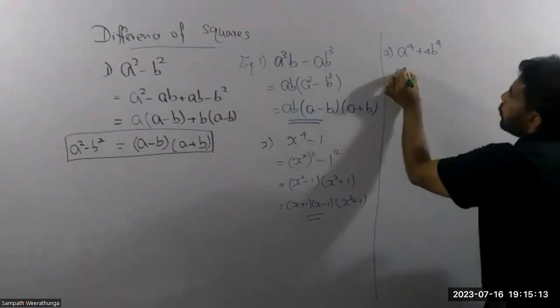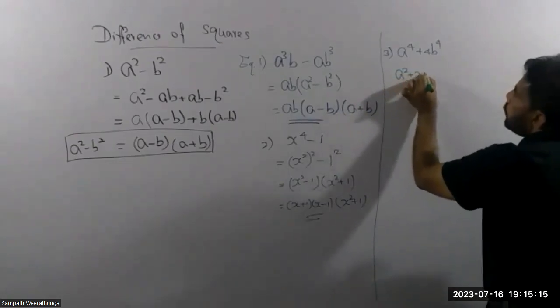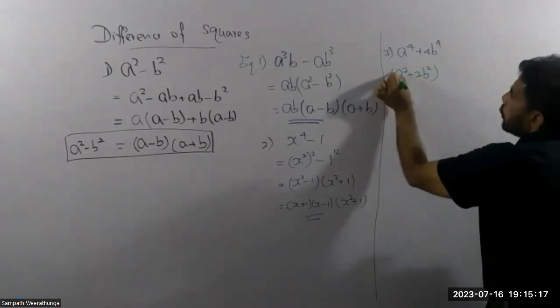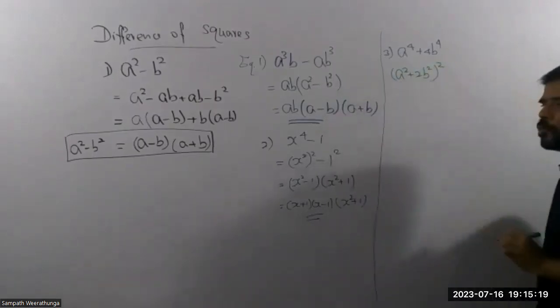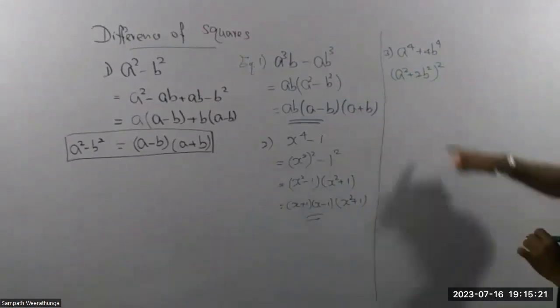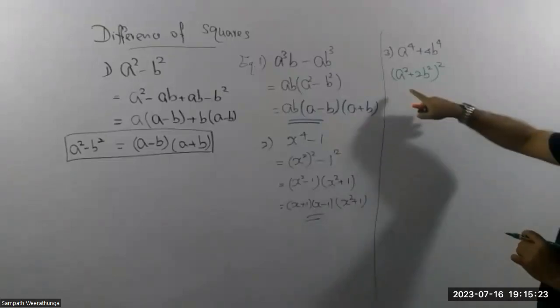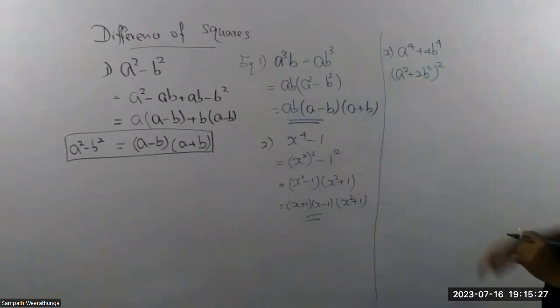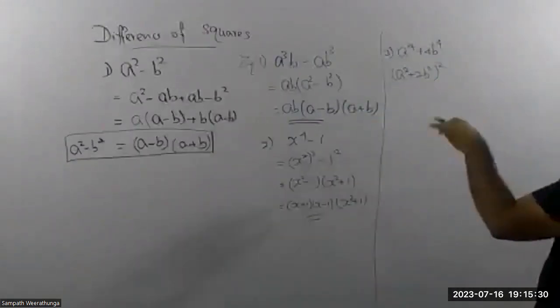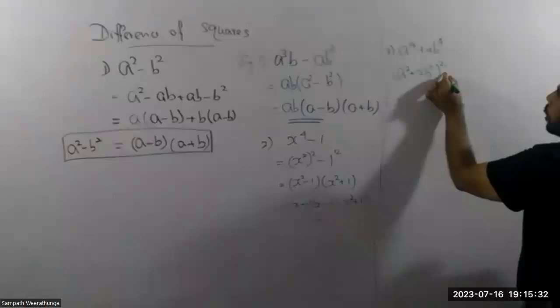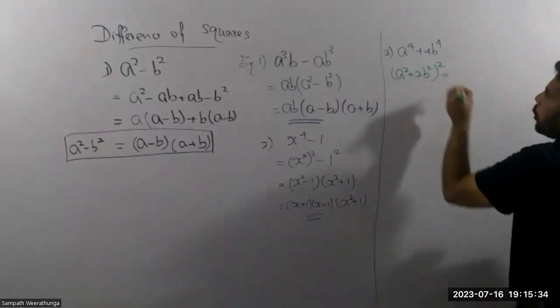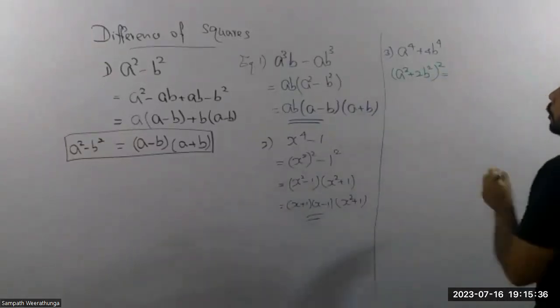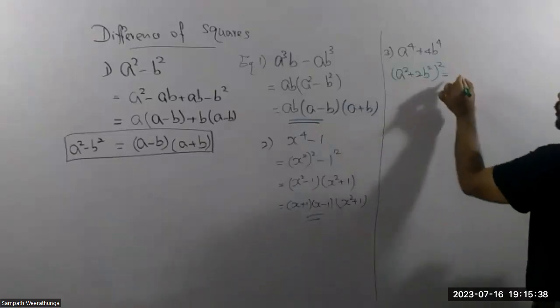If I multiply this by itself, hope you can see this green color, right? If I multiply this expression by itself, from my ordinary level knowledge, I'll get a